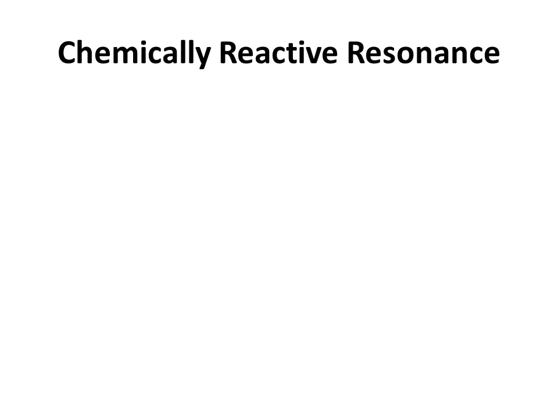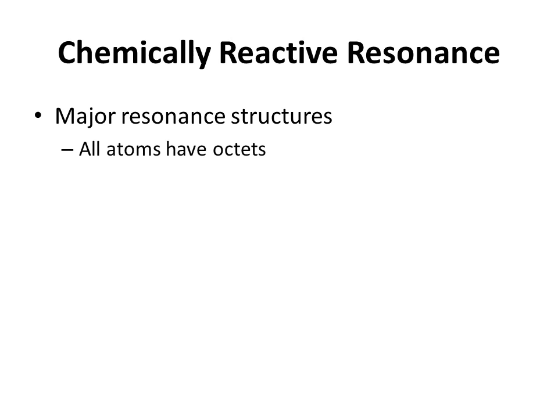In some of our resonance structures, carbon has only 6 electrons and a plus charge, and there's also separation of charge, even when there's an octet on all the atoms. These would be known as minor resonance structures typically, but I like to call them chemically reactive resonance, because they explain the kinds of chemical reactions that the molecule may undergo. Major resonance structures are the way you typically draw the molecule. All atoms have octets, and there are no unnecessary charges,